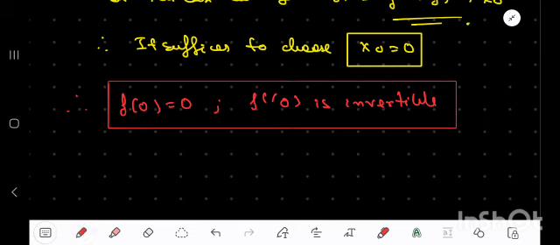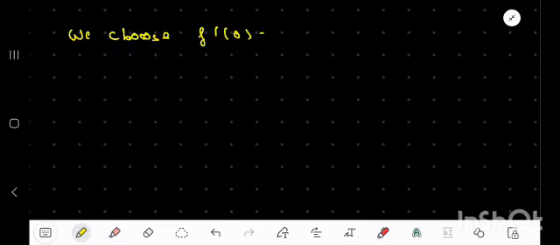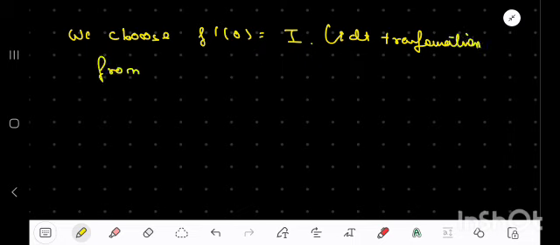The final simplification we make is the following, and this is a more rigorous sort of simplification. We choose the derivative at the origin to be the identity map, the identity transformation from R^n to R^n. Why is it so? Then